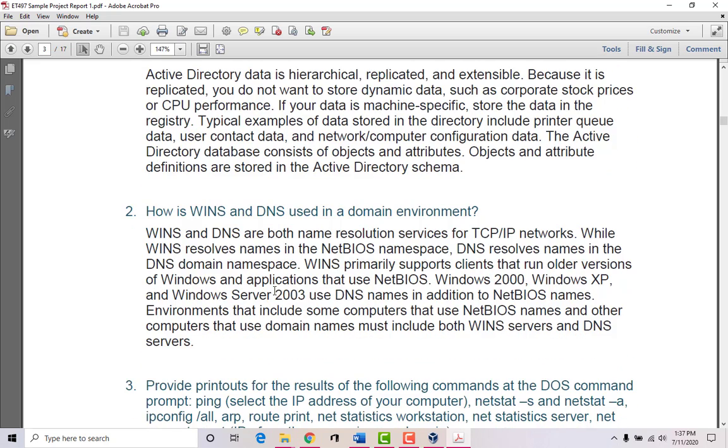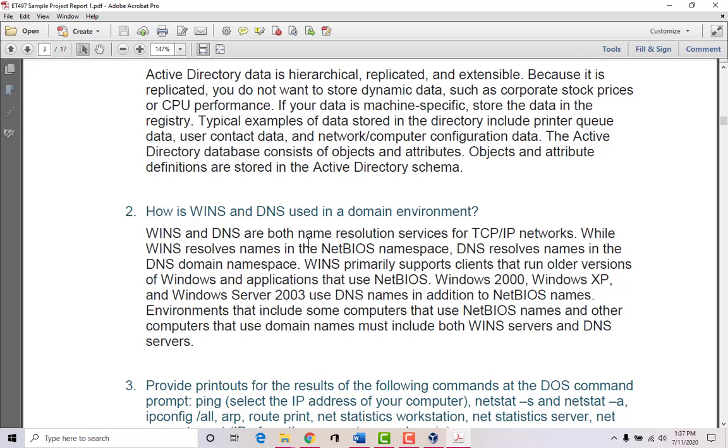You have WINS and DNS, right? These are all WINS and DNS. This is the domain name services, and this is also another naming service protocol. It's basically a way to resolve names from IP addresses. So every computer has its own address, which is a numeric number.